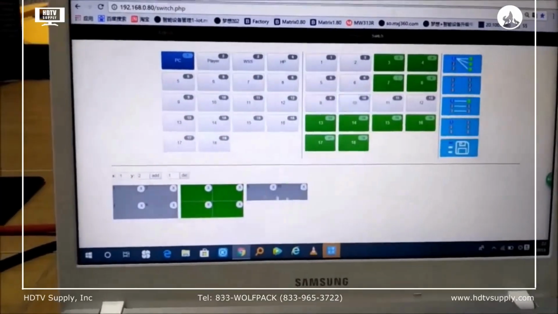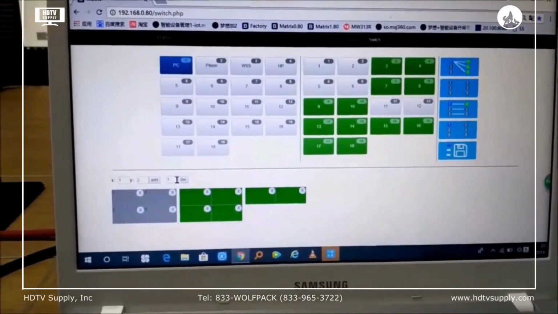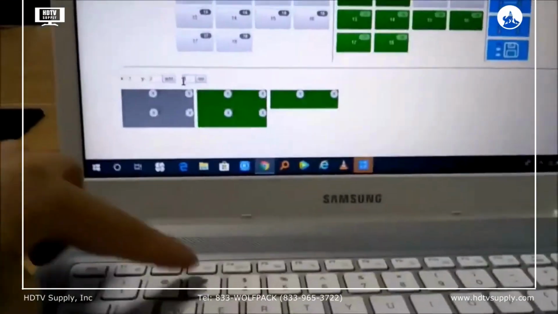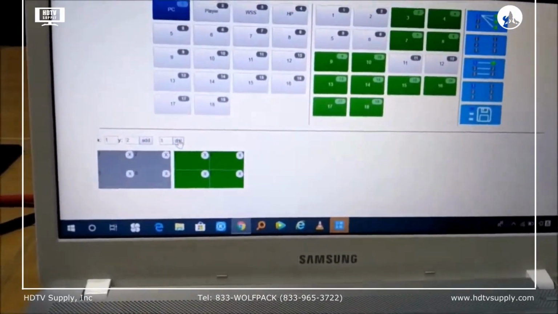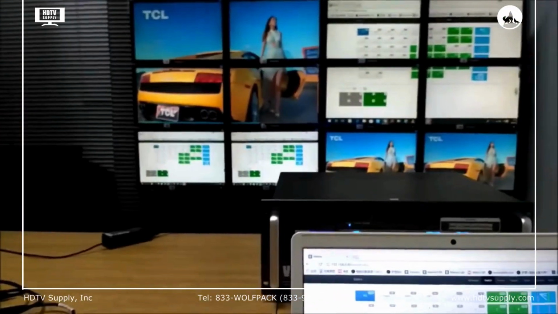If we're going to delete this one, and also the third one, we just type 3 here, and then we click delete. You can see it just goes back to the